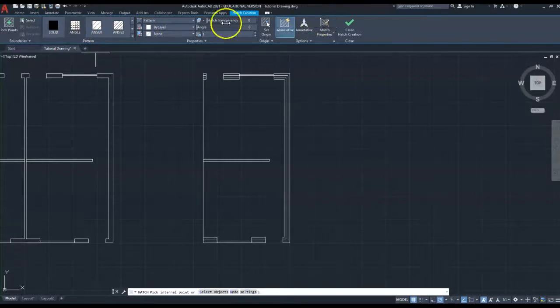Now this opens up a brand new pane. We've got pick points, but in these 4 windows here under pattern, you've got the different types of hatchings that we can use. And using the up and down toggle buttons there, we can cycle through a wide range of different hatchings, different colours, all sorts of stuff in there. But I'm going to go back to the top